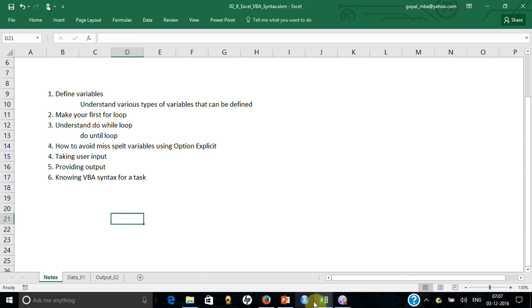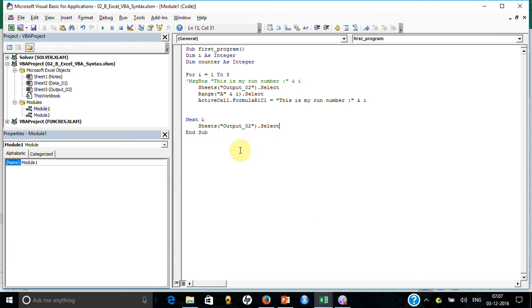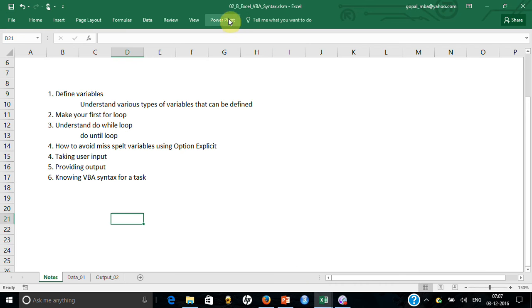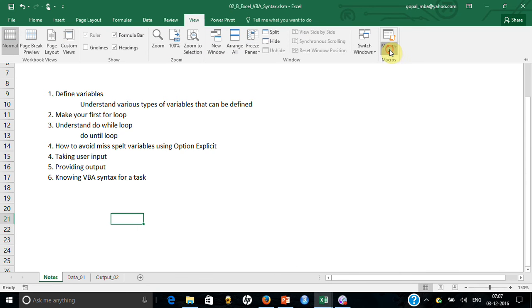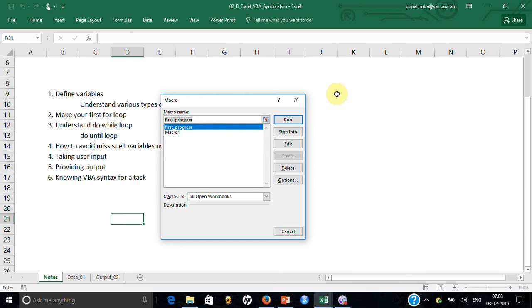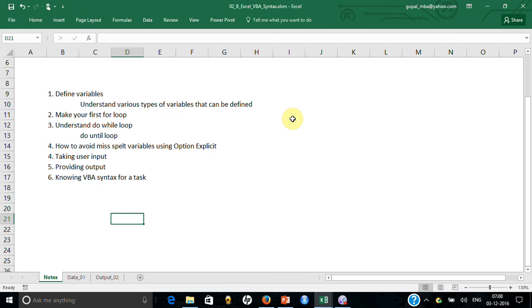So I would have selected something like Sheet nodes dot select. Then if you come here and write View, Macros, Run, you don't realize whether it has run or not unless you come here.